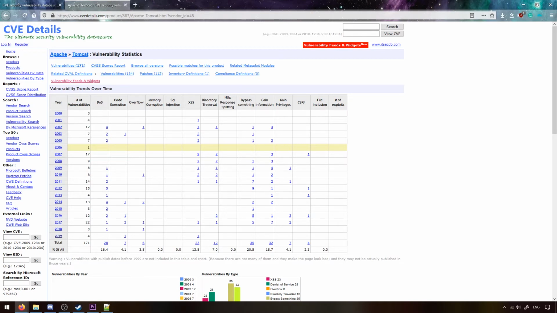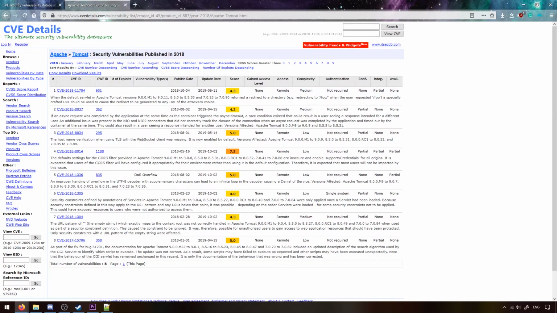So one other thing that we want to take a look at is CVSS scores and understanding what those really mean to us. So for instance, if I go into 2018, you'll see that all of these have a score, and it's a score that ranges from 1 to 10, where 10 is the most critical and 1 is the least critical. And you'll see each of these have a varying range of criticality, essentially, or high scores, right? So for instance, if I pick one of these, say the highest one here, the 7.5, when we load this CVE,